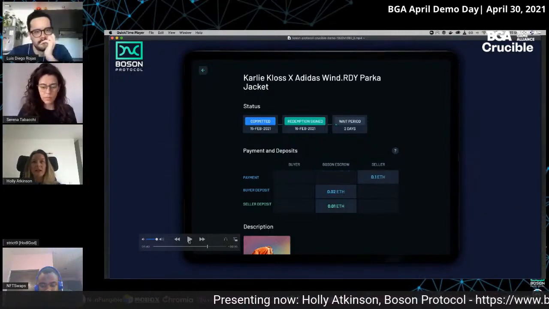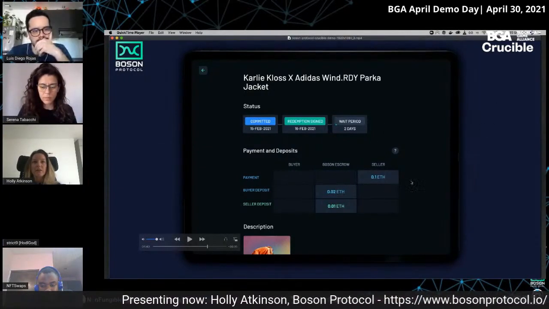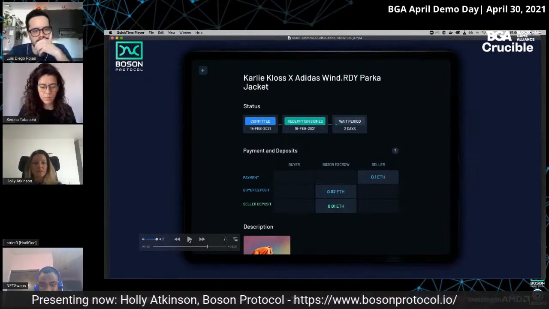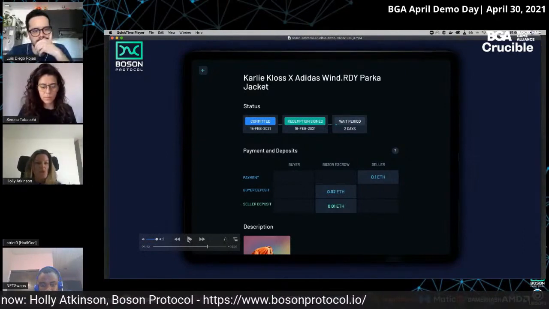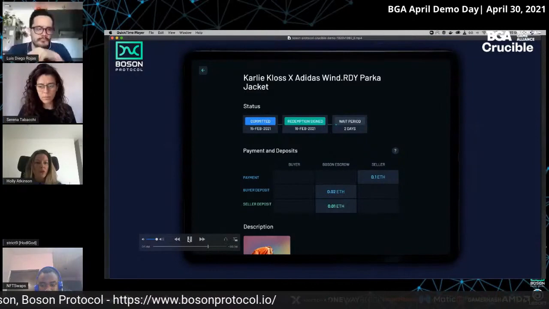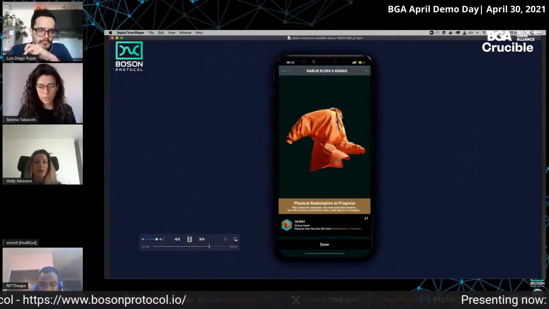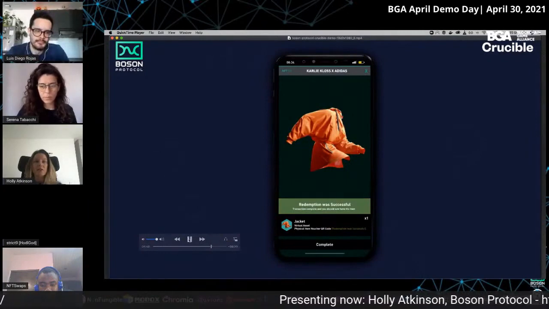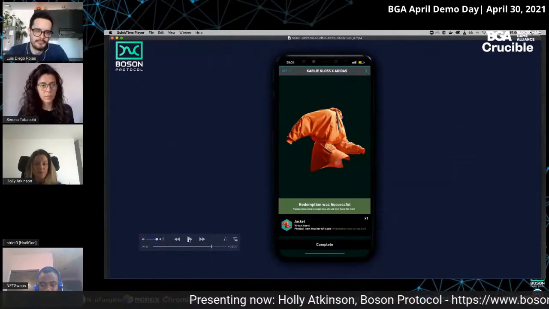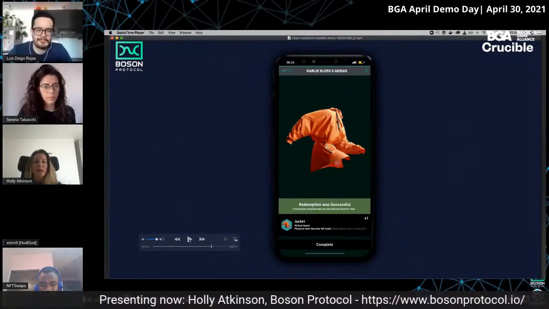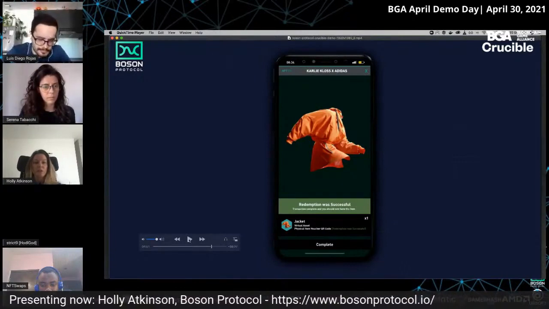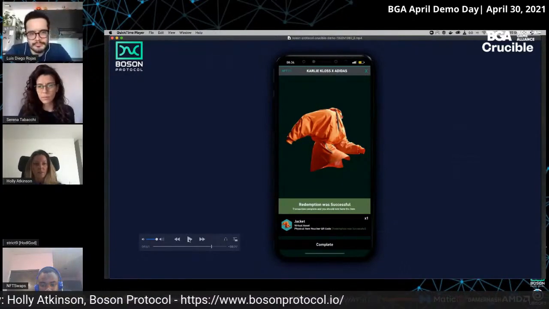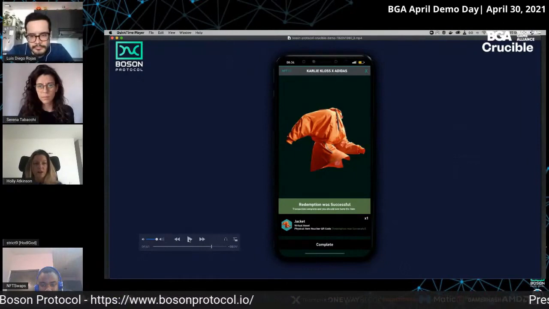So you can see here the 0.1 ETH slide across to the seller's side. So here we see that the sale has been completed, the redemption track has been successful, and the player should now be in physical possession of that item now that the funds have been transferred.